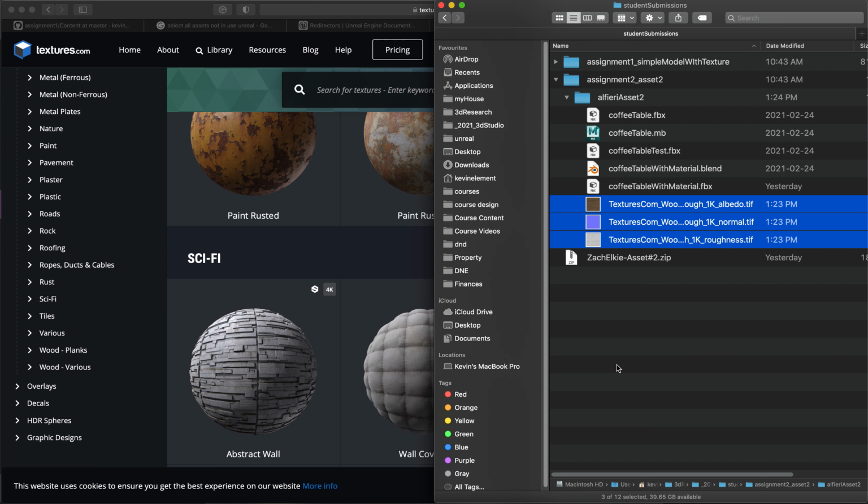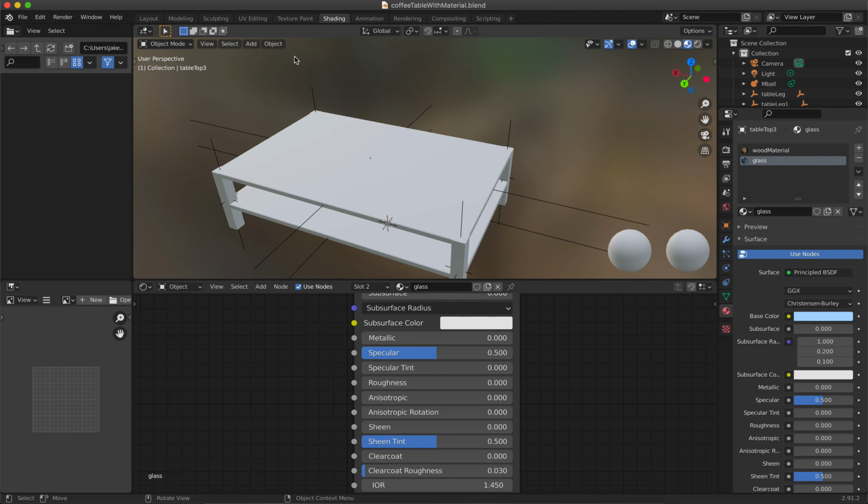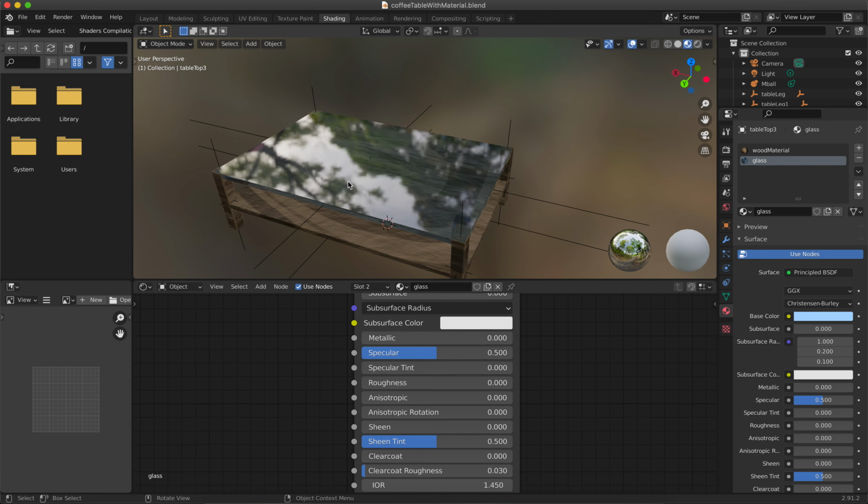Hello everybody. I'm going to make a short tutorial about how to get glass texture into Unreal. I'm working with one of my students' files, and they spent a lot of time in the material editor working towards getting some glass to work, and it looks awesome in the viewport here. The problem is when you export this FBX file out,